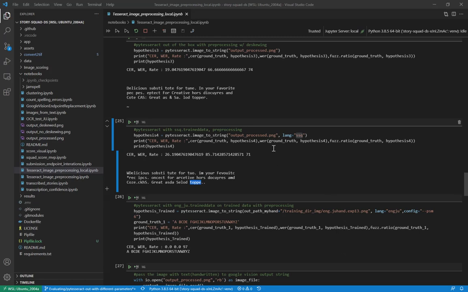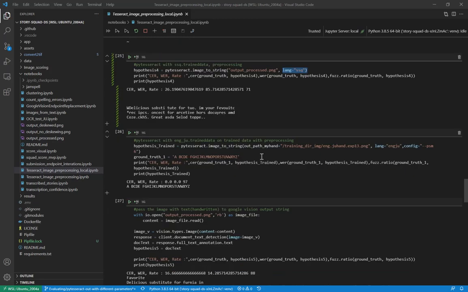But as this improves, you might see some improvements in these ratings. But right now, I wouldn't use this language data set because it's not helping my scores. So again, we did all of this to compare it to Google Vision and see how Google Vision fares compared to Tesseract. But before we do that, I did a test and I kind of